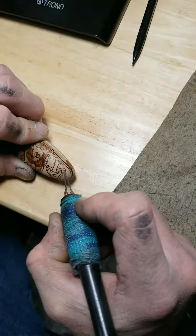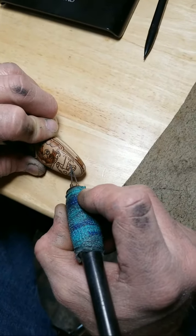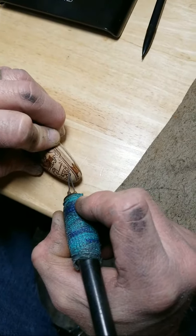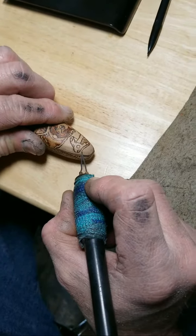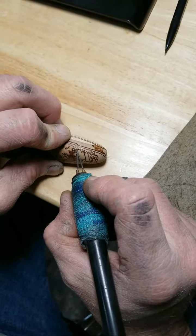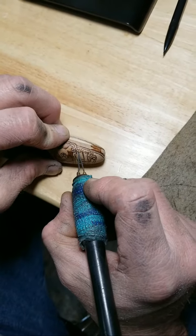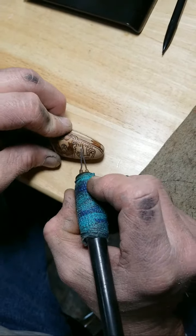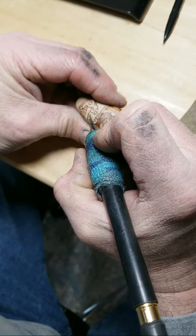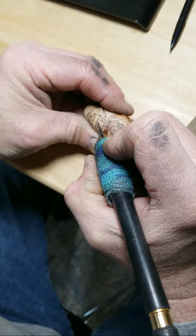And if you want to draw pencil lines on there, that's fine. And then make sure you erase them, which I don't do most of the time, and then I end up seeing them, and then I really have to erase really hard. But you want to be comfortable, so if you got to turn it all different ways,